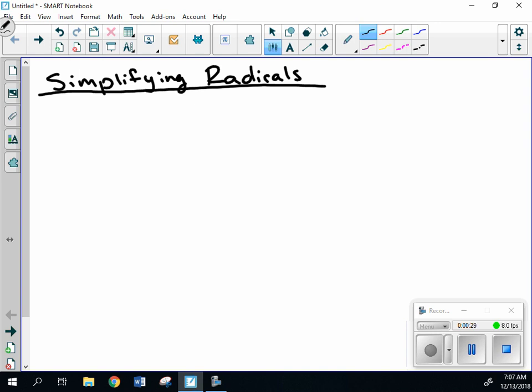Before we even talk about actually simplifying, the first thing is you need to know perfect squares. So perfect squares are numbers that you can take to the power of 2. So it's in the form of x squared. So just to kind of give you an idea here,